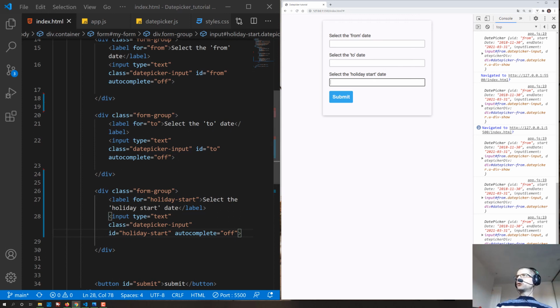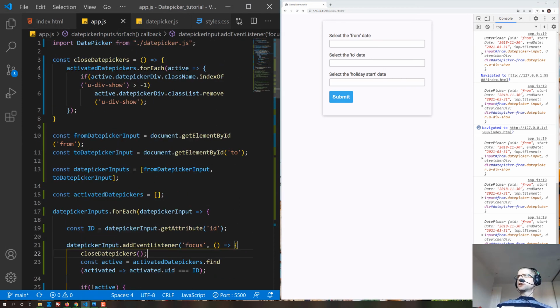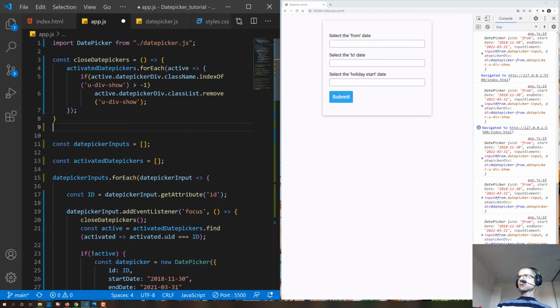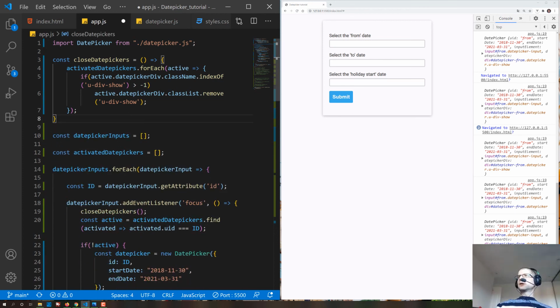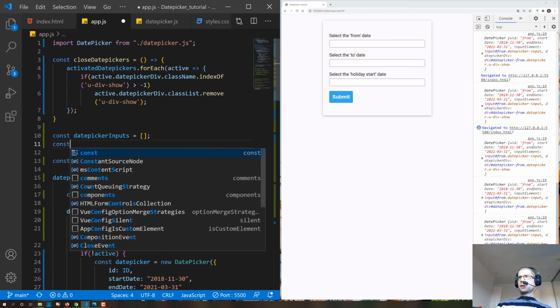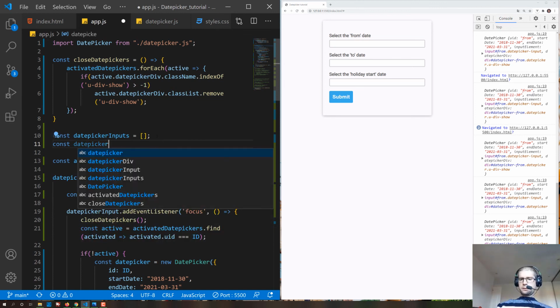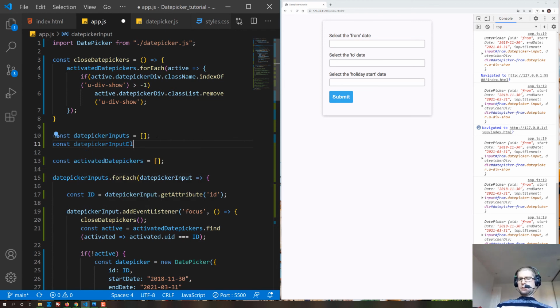And the reason for that is obviously that we're still hard coding the input fields. So what I would suggest is to make this dynamic as well. So let's start with an empty datePickerInputs, and let's just collect all the date picker inputs dynamically, and we can do it by creating a new variable. Let's call it datePickerInputElements,